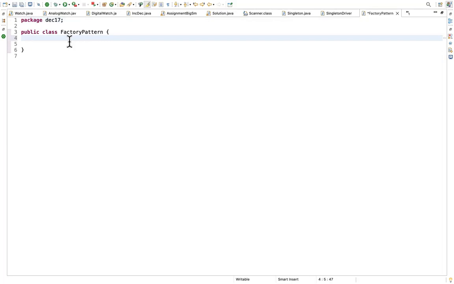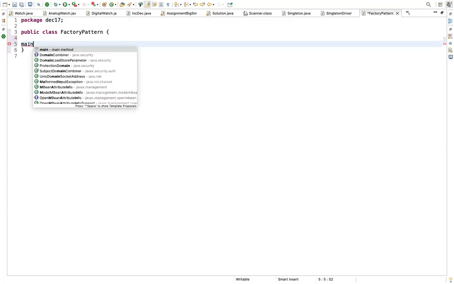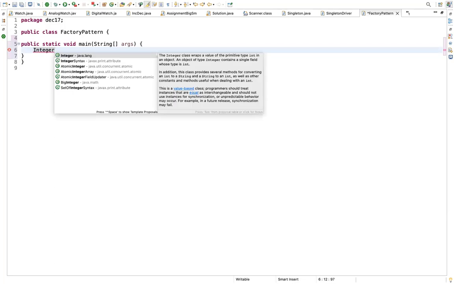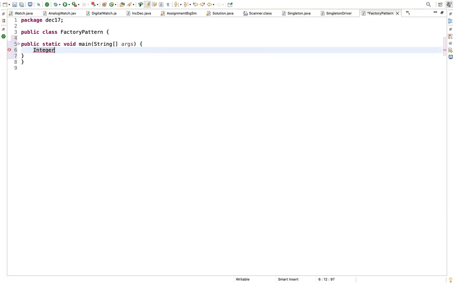So within the main method, Kirba, just try to invoke Integer.parseInt and Integer.valueOf. Just have your main method. What should I do here? Just type Integer, control space. Okay. If you give control space, that gets imported. Yeah. Just press enter for the first one or select it. Yeah. And then create a